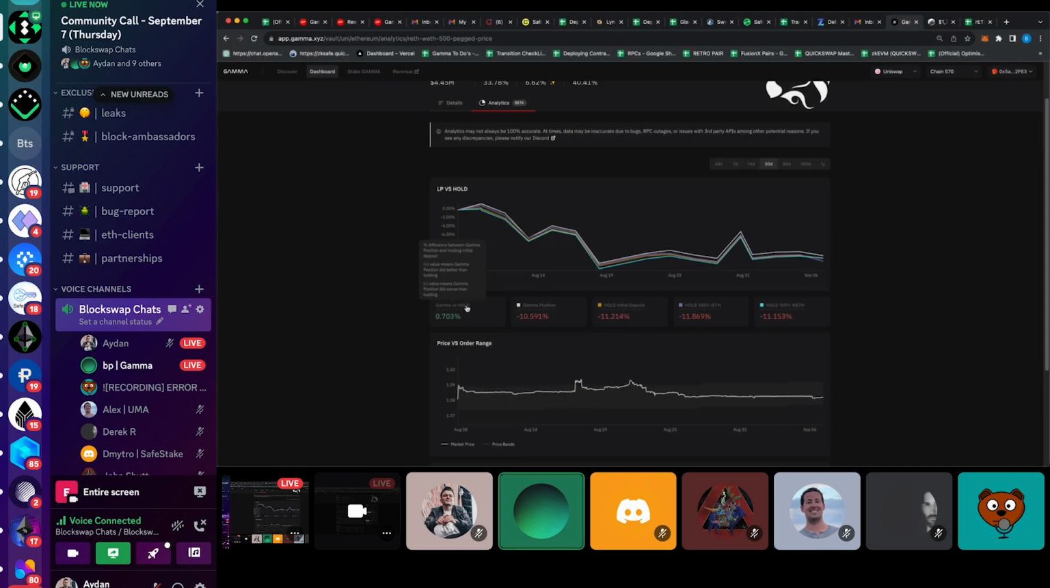And so this provides a transparent interface where you could see, okay, had you LP'd with Gamma, here's what your performance would have been versus had you just held the assets. So, a positive value here means it was better to LP with us versus holding. A negative value indicates that it was worse to LP than to hold. So as you can see here, within the last 30 days, the Gamma LP position did 0.7% better than simply